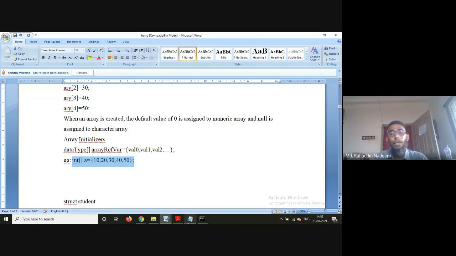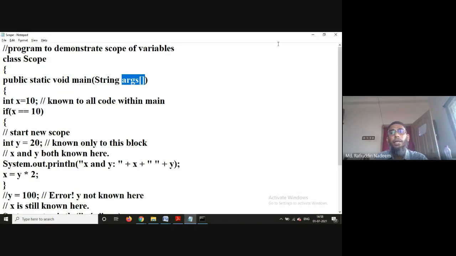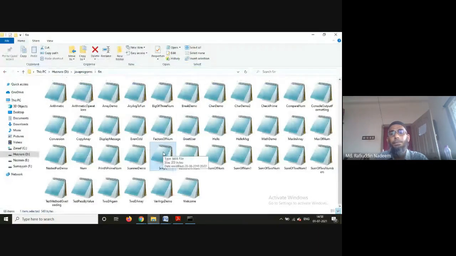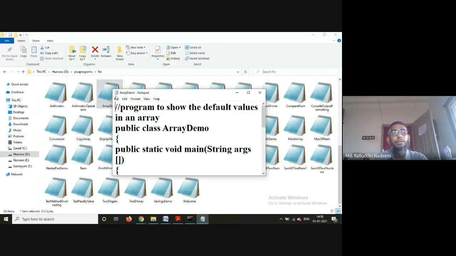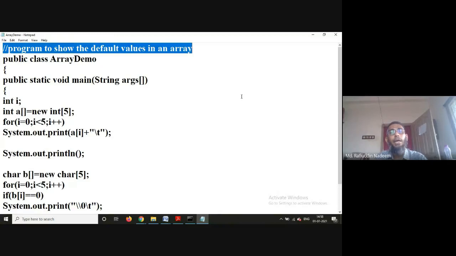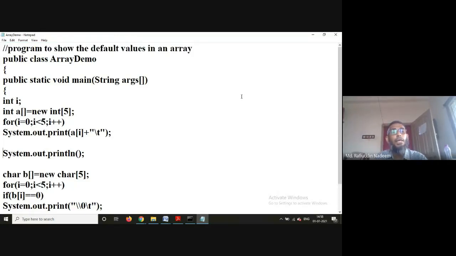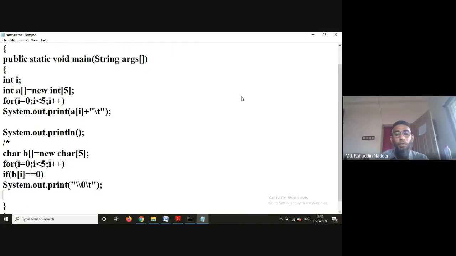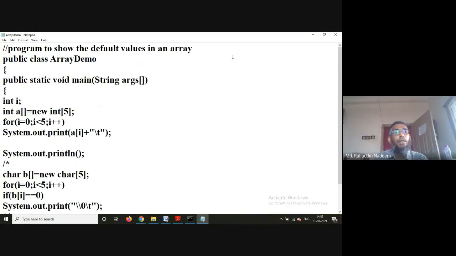Now let us look at an example. Here it is, a program which will show the default values. I just want to show you confirmation that the default values stored in a numeric array will be zeros.